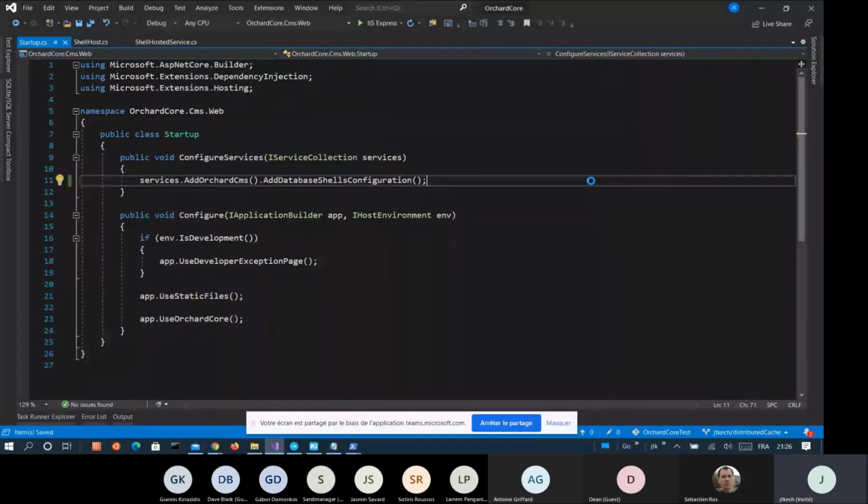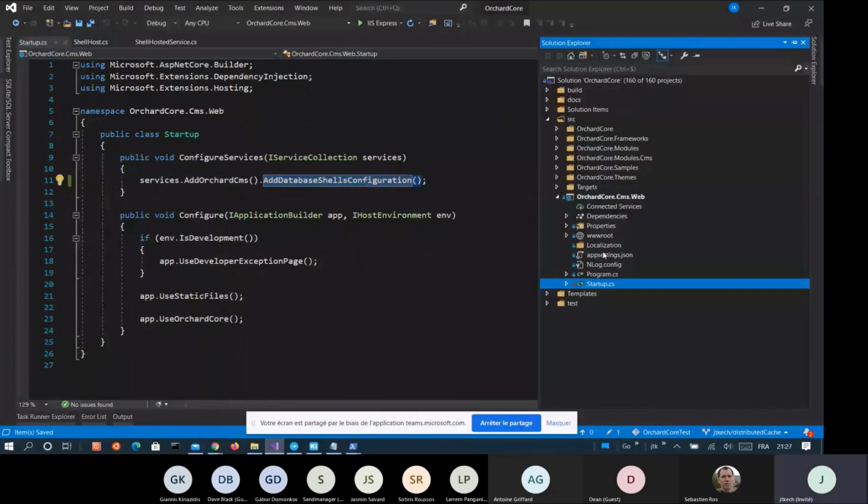So this is the tenant setting from the database. In app setting, sorry, my computer is slow.